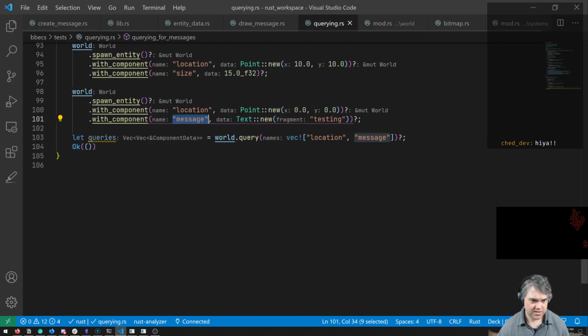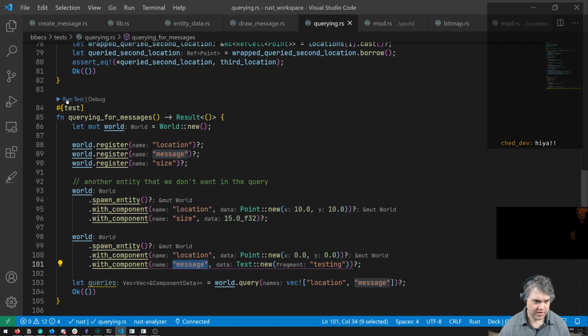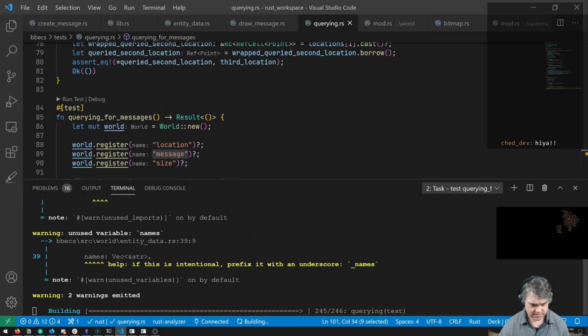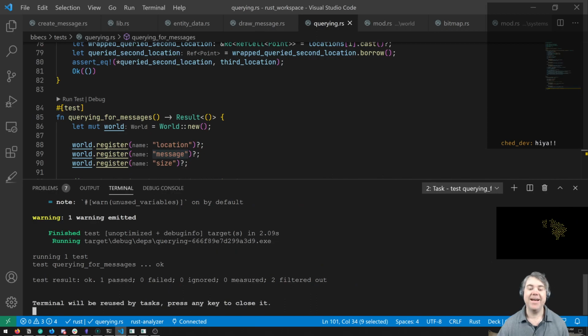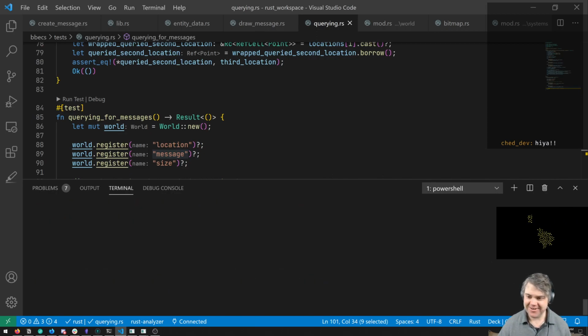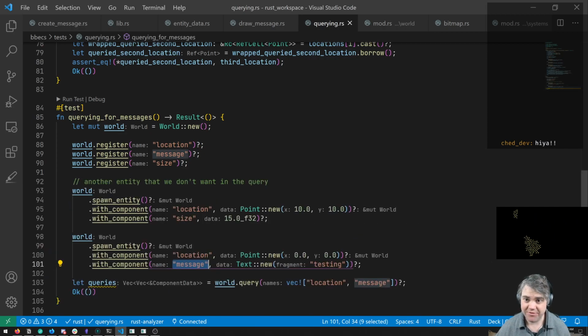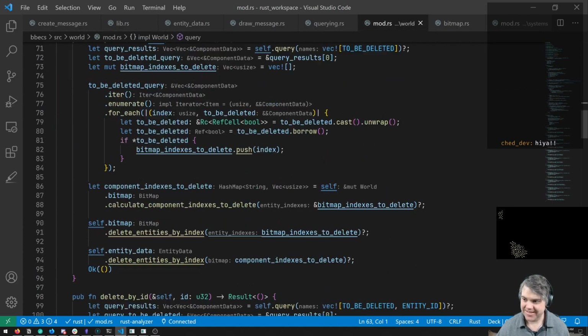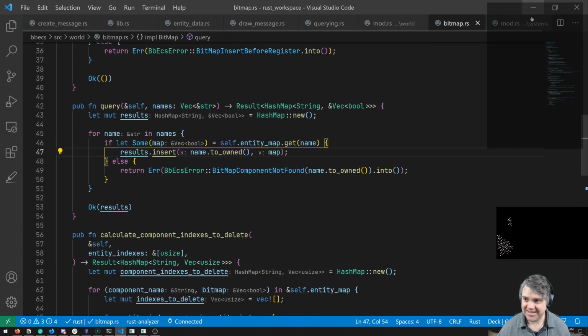Okay, no errors. If I run you as a test, it works. Hey, it works. Okay, so that refactor, I want to say that this is going to be good.